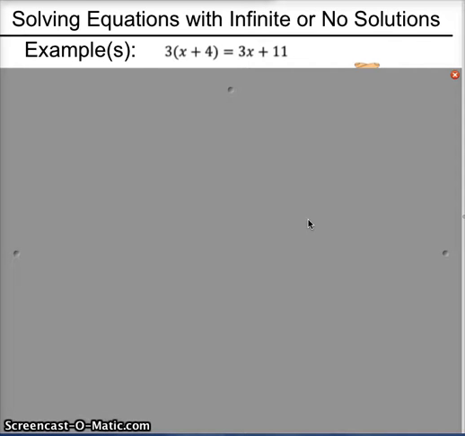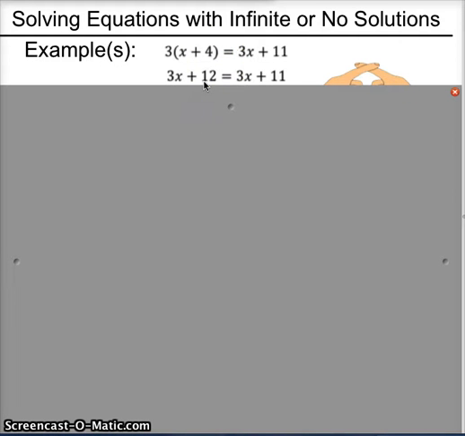So 3 times the quantity x plus 4 equals 3x plus 11. First, I want to distribute the 3 on the left side of the equation. So 3 times x is 3x, 3 times 4 is 12. So I get 3x plus 12 equals 3x plus 11. Now to get my variables together on one side, I'm going to subtract 3x on this side and do the same on the other side,